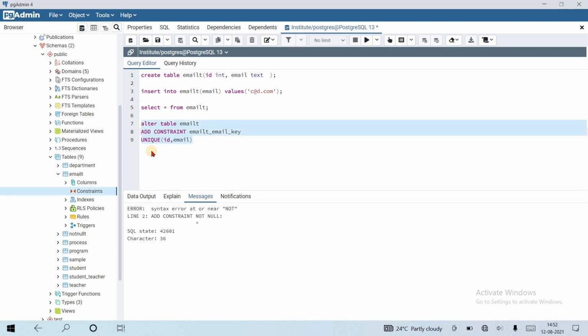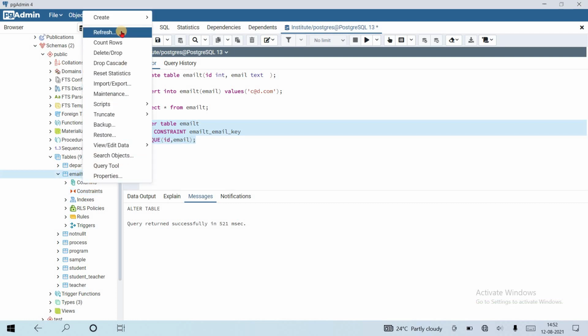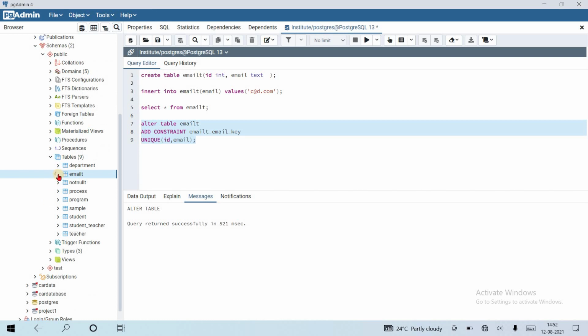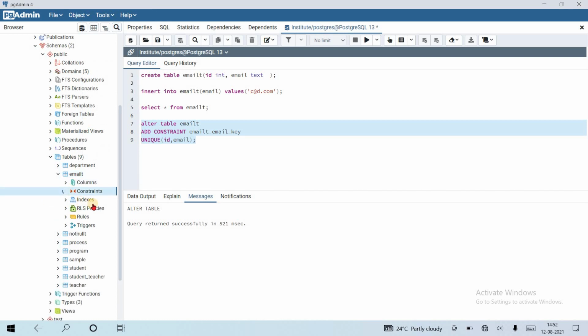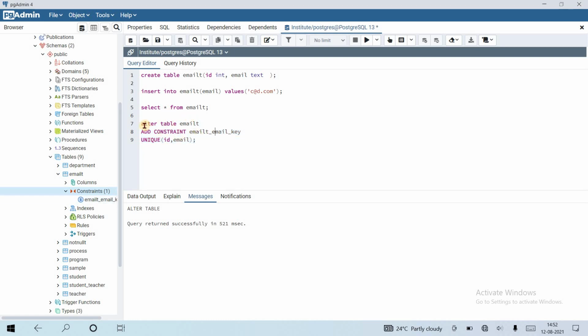Suppose here id is not the primary key. Let's run this query. Query returned successfully. If I refresh this table, you can see the constraint now is email_t_email_key. There is a unique constraint on both these columns.